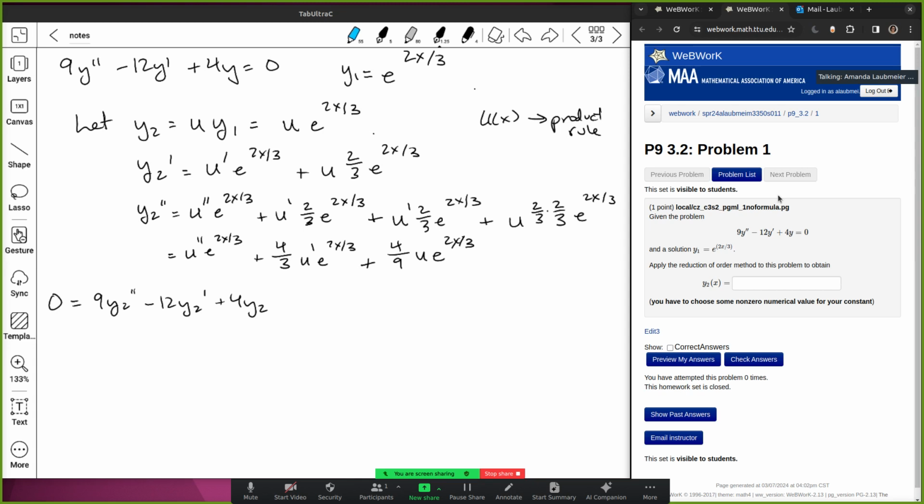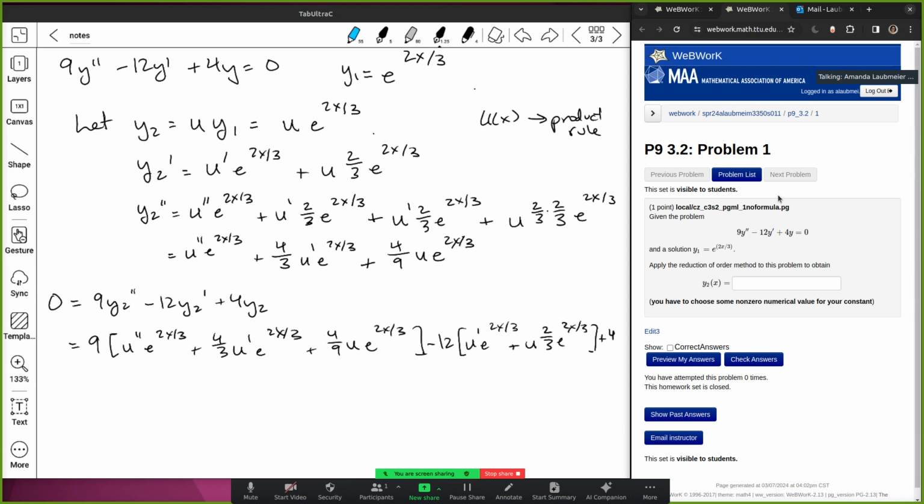And we're going to get 9 times that u double prime e to 2x over 3 plus 4/3 u prime e to 2x over 3 plus 4/9 u e to 2x over 3 minus 12 times u prime e to 2x over 3 plus u 2/3 e to 2x over 3